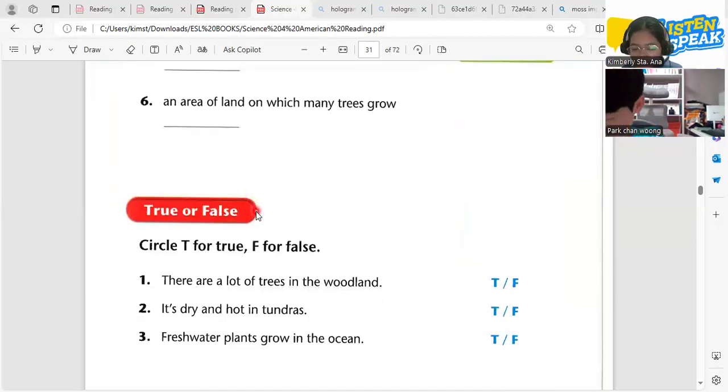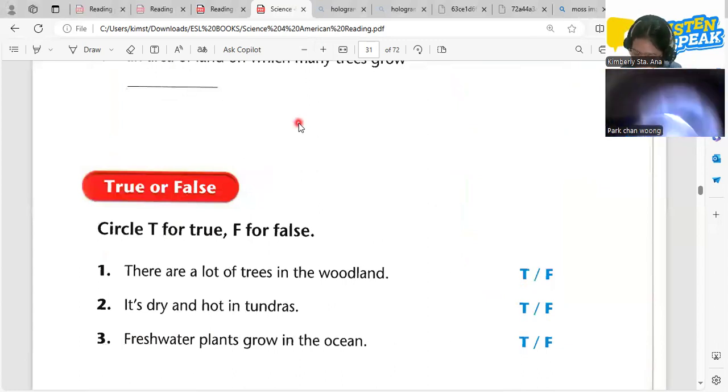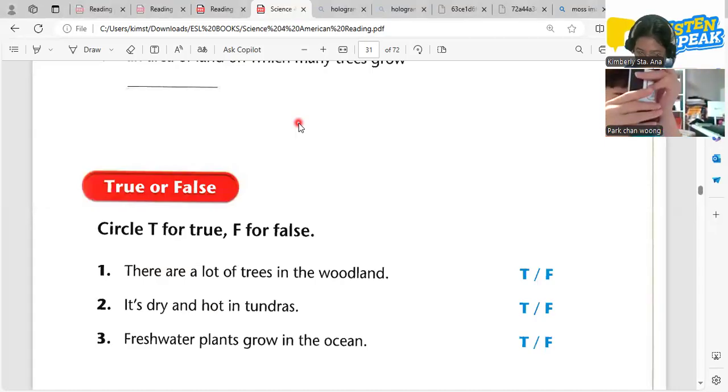It's time for us to do a true or false quiz. So let's try number one. What's that? Oh, it's a flashlight? No. Microscope. What's that? It's mini. Oh, it's a camera?